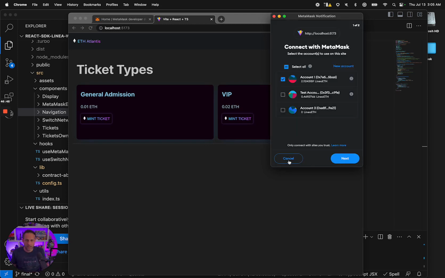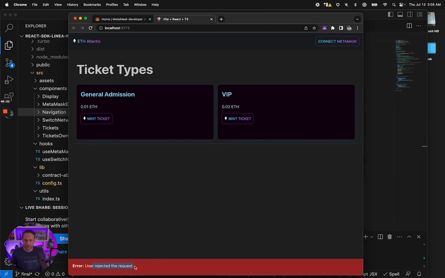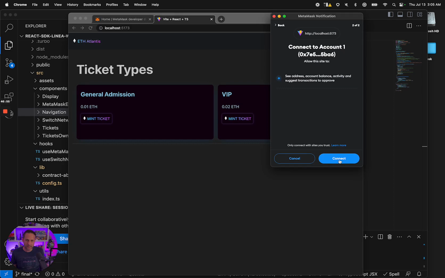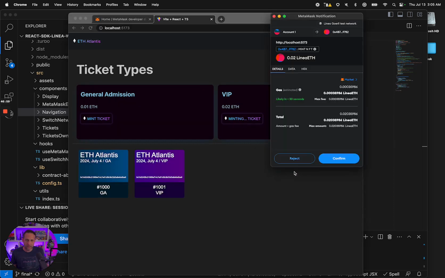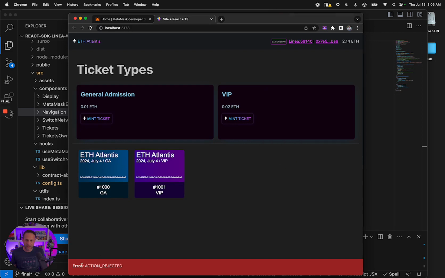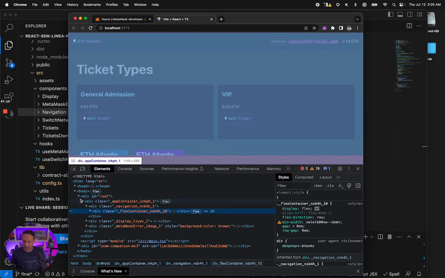Go ahead and, so we could do cancel, right? User rejected the request. And then we could also connect, and we could do mint ticket, and we could do reject, right? So action rejected. And then if you just click on this, it'll dismiss it down here. So let's try that one more time. Let's hit reject. Let's go ahead and do an inspect on the page, and we will see we've got the